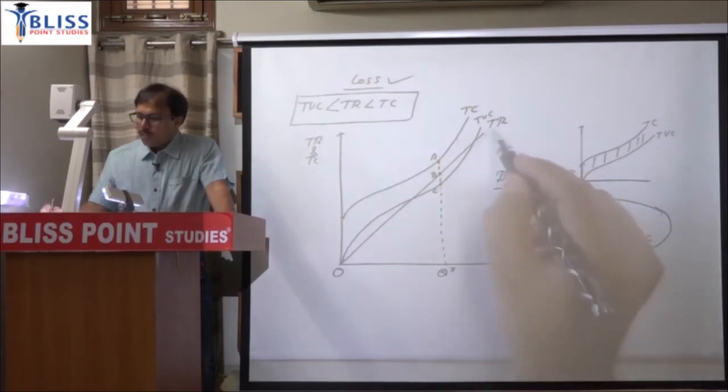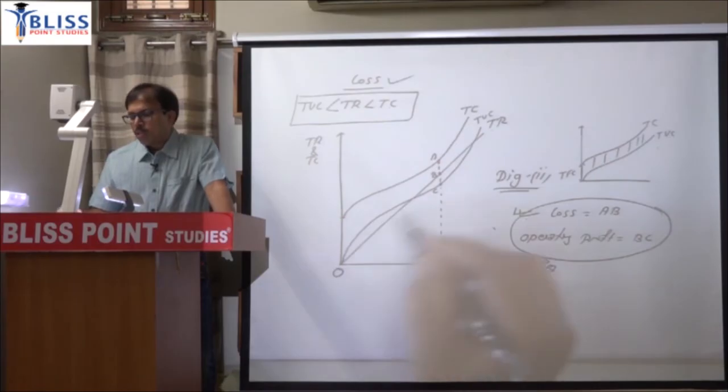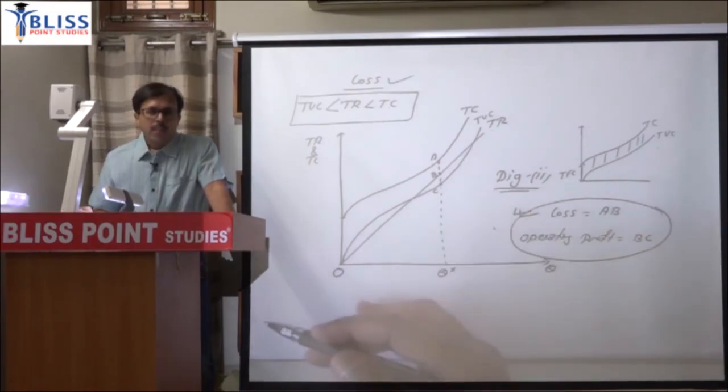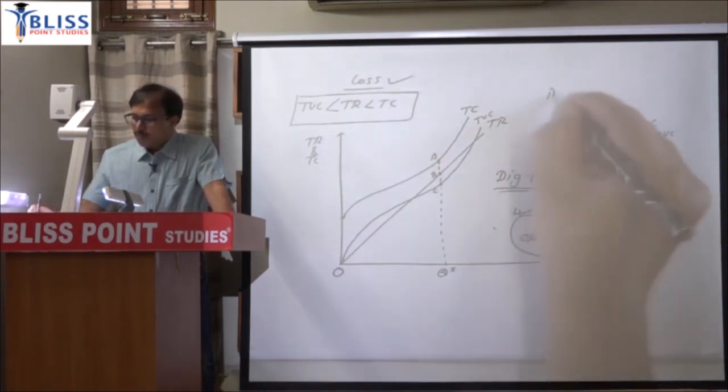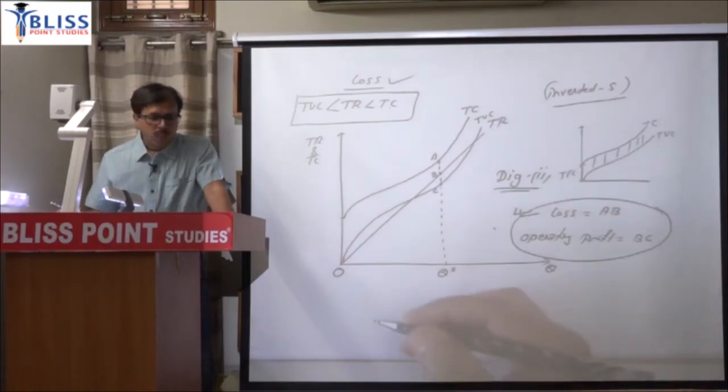Just give reason for TR why you have drawn that straight, and now give reason why you are drawing total cost curve as an inverted S. Next paragraph. The total cost curve is inverted S in shape due to